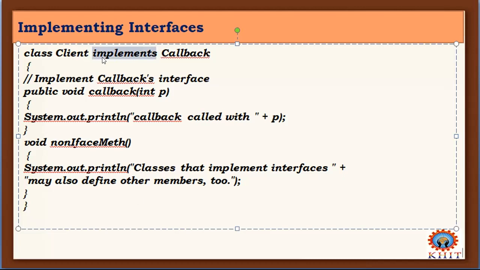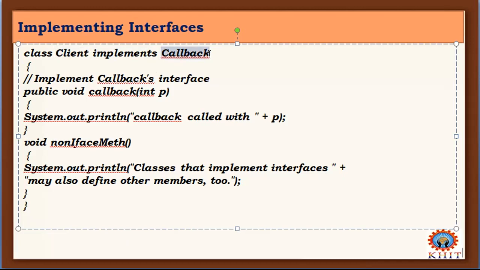Okay, so your client class, the name of the class is client, which makes use of this interface callback. To have a relationship between this client and callback, we need to write a keyword called implements.